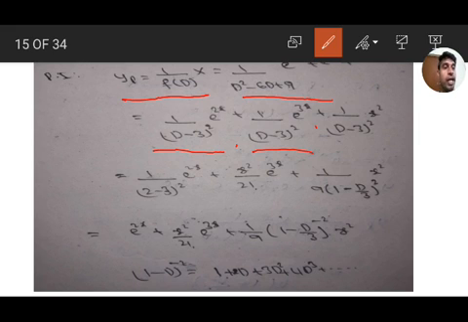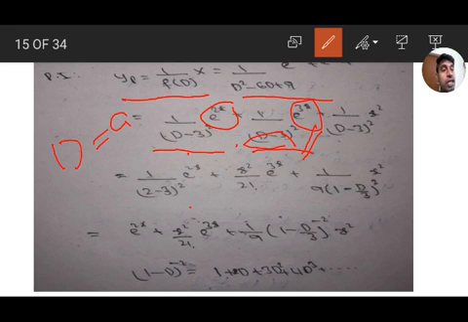In the e^(ax) case, we substitute D = a. For the first one, D = 2, so (2 − 3)². In the second one, D = a means 3, and 3 − 3 is 0, which is undefined. So we have to use the formula. How many times is the factor becoming 0? Two times, as it is a whole square. So we have the formula x²/2! e^(ax), that is e^(3x).